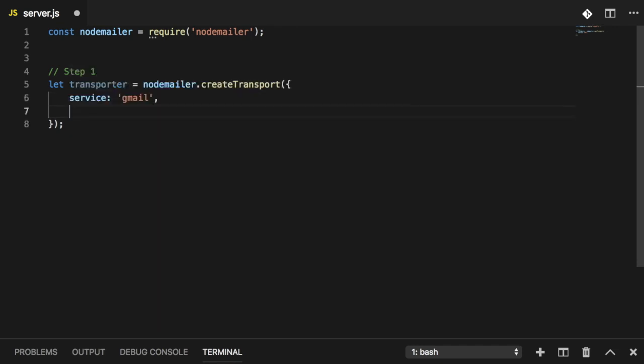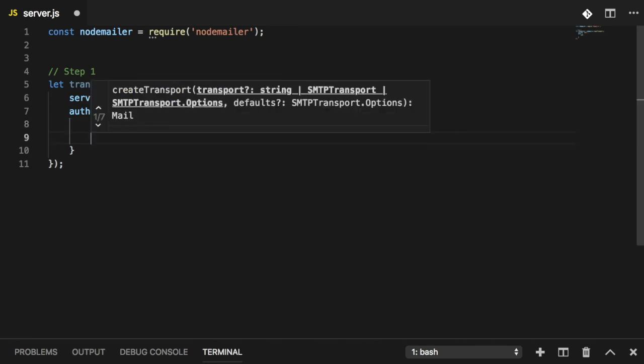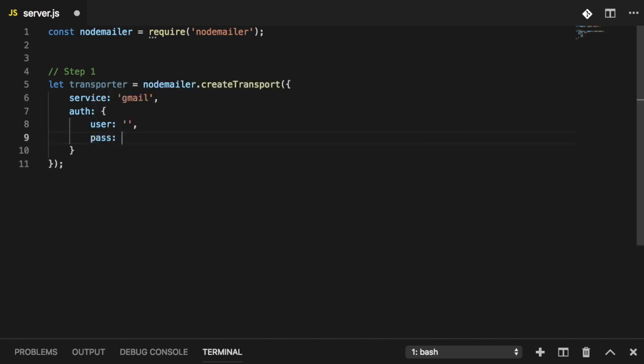And once we have that, we pass it the auth, which is going to need the email and password. To pass the email, we pass it over something called user. And to pass the password, we pass it over something called pass. And ladies and gentlemen, these two keys are what's going to require your email and password. So once I have the transporter created, next thing I'd like to do is create my mail options,